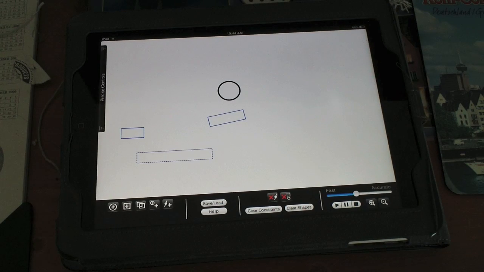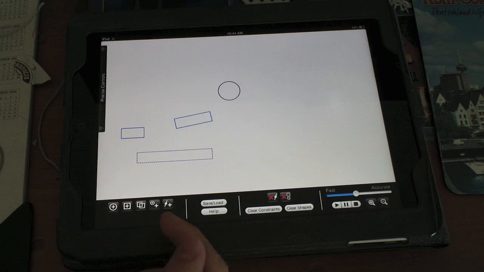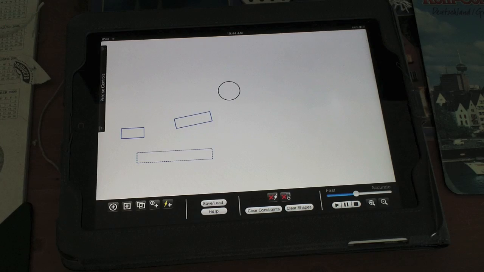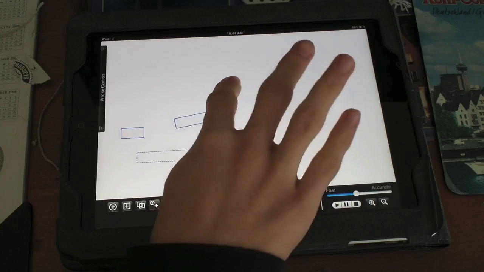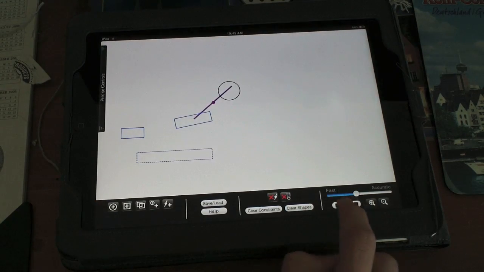So if we want to actually join items together to create more deep behavior, there's 2 buttons to allow us to do that. These two most right buttons on your adding panel are rod and pins, and pins are more complicated, so we're going to start out with rods. To make a rod, you're going to tap the Add Rod button, tap the first point you want, slide, go to the second one you want, release, and you'll get this sort of purplish rod thing. So now if we play,